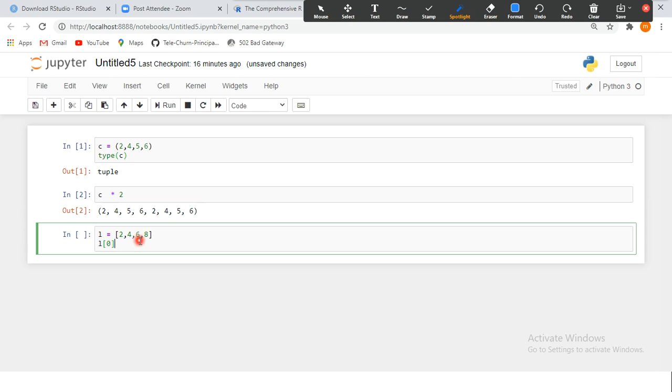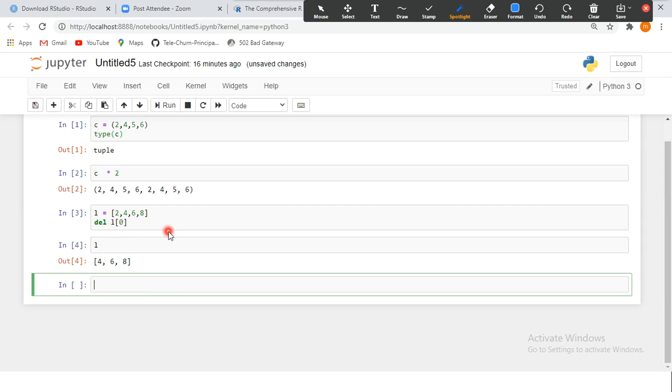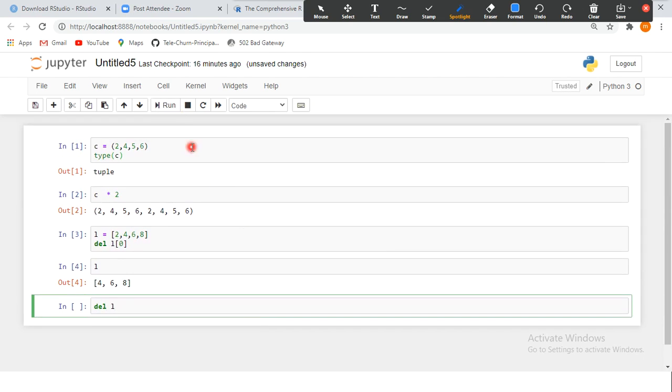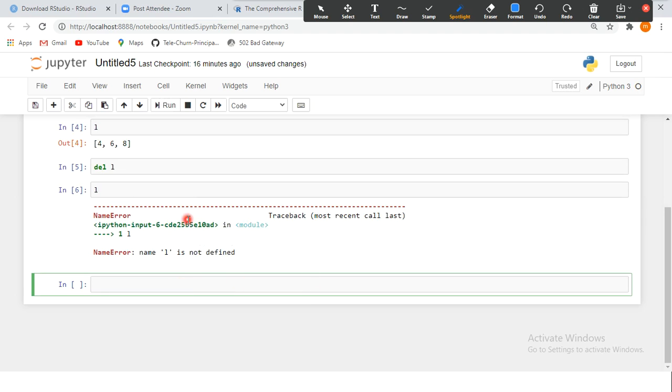Can I use del here? Yes. Using del, you can remove a specific value from a list. And if you want to remove the list itself, you can use del. The list itself is gone. L is not defined because we deleted the list.